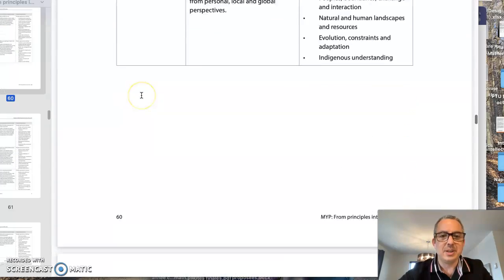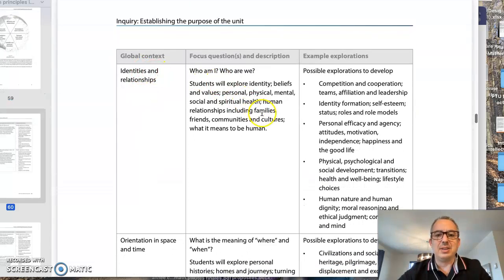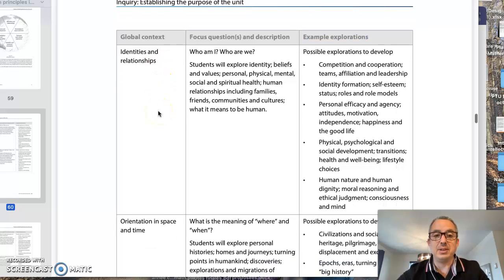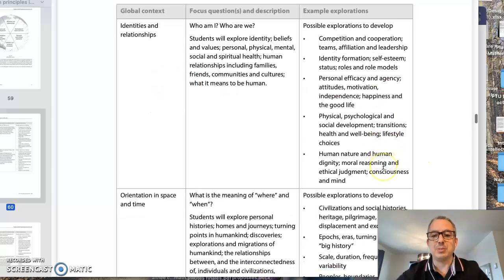Here it is. For the global context, what you'll see is that there is a description of the global context, but what we want to select is one exploration about the context. In our statement of inquiry, we don't have to state the global context, only the global context exploration.